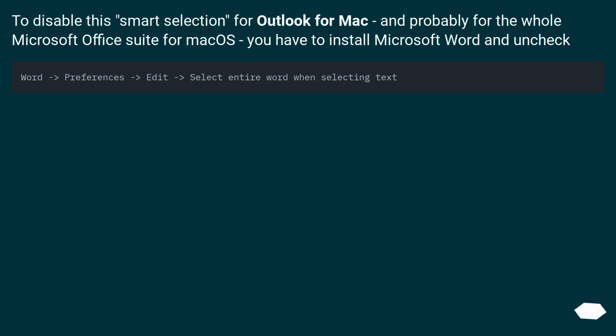To disable this smart selection for Outlook for Mac, and probably for the whole Microsoft Office suite for macOS, you have to install Microsoft Word and uncheck